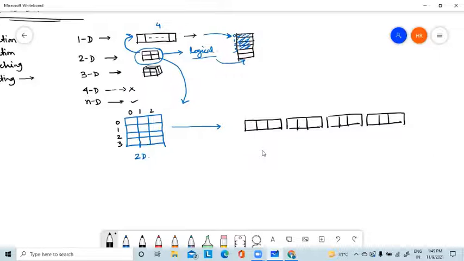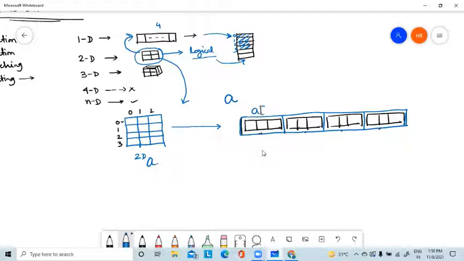So we are storing one row at a time. This is one particular row, then the second row, then the third row, then the fourth row. So this is one complete array of 4 elements. Try to understand, 4 elements. The outside blue is the actual array A. Suppose this is array A, the actual array A.